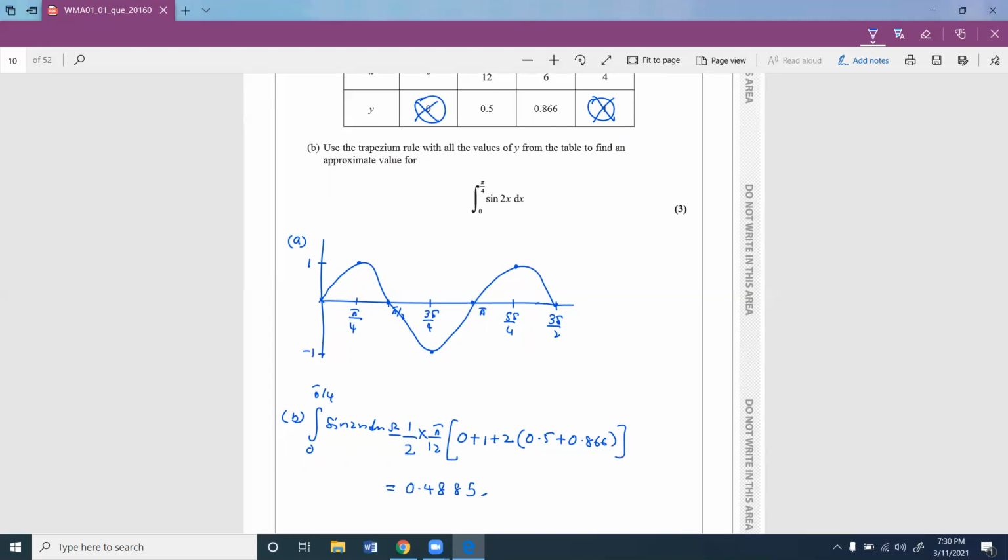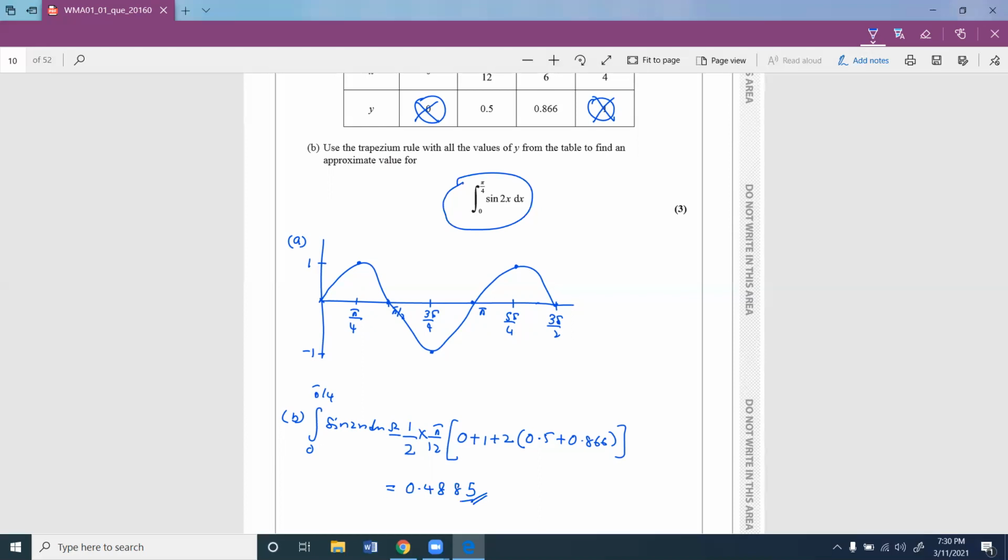0.4885. Then you can check whether your answer is correct by just putting this integration into your calculator and see whether you get an answer which is kind of similar to this. I'll just put this into the calculator. You should remember that your calculator should be operating in radian mode, because here the pi by 4 is in terms of radians. Integration, you can just work out